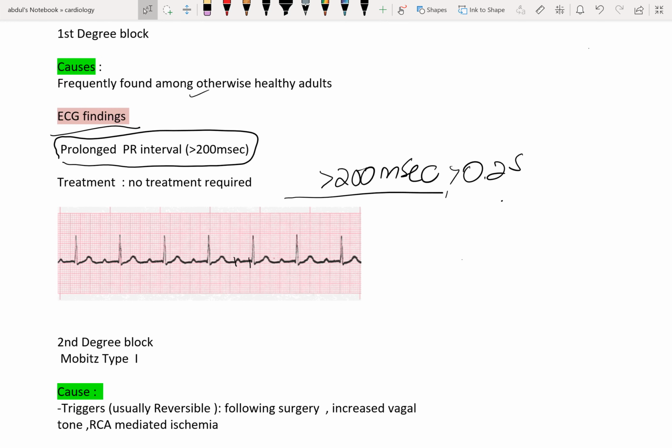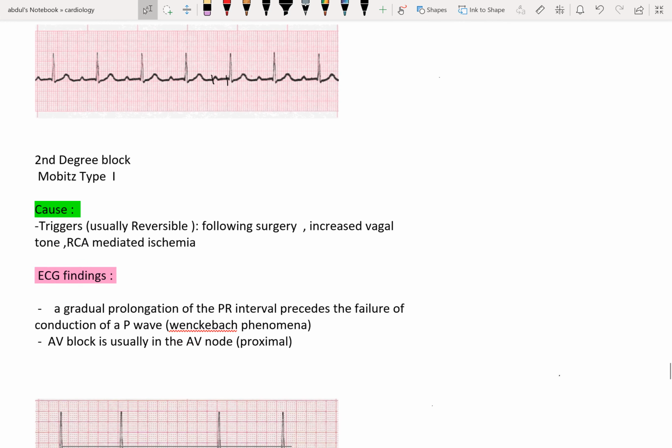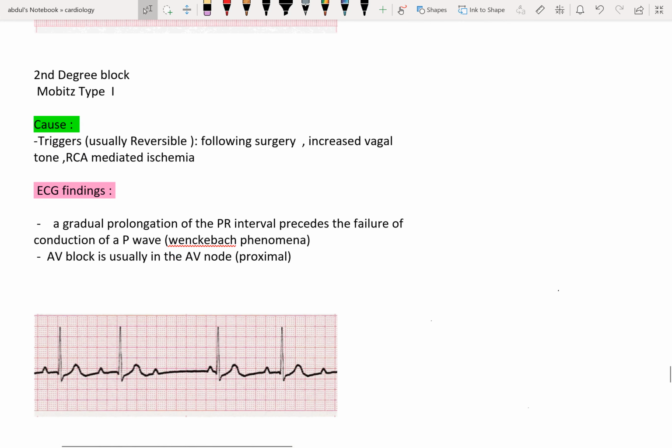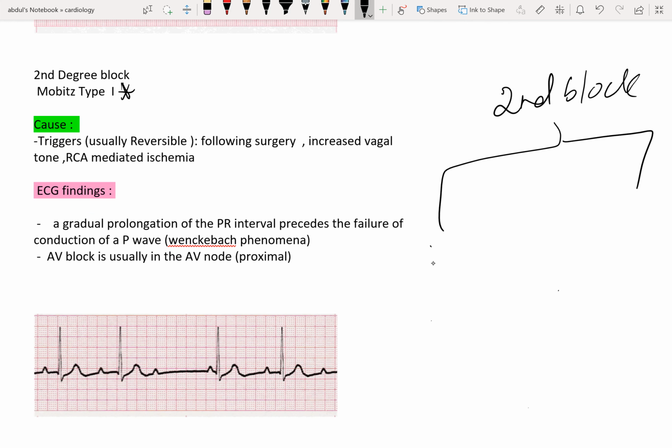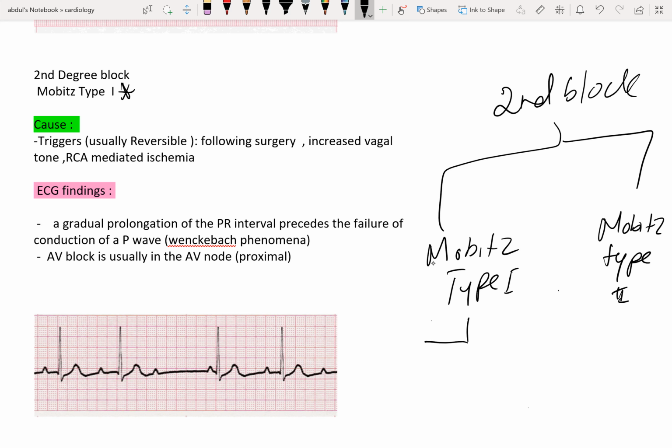So we'll move on from the first degree block to second degree blocks. As we said, the second degree blocks consist of 2 types: Mobitz type 1 and Mobitz type 2. So in Mobitz type 1, before I go any further and explain the causes and anything else, just ladies and gentlemen, remember that the only difference between these guys is